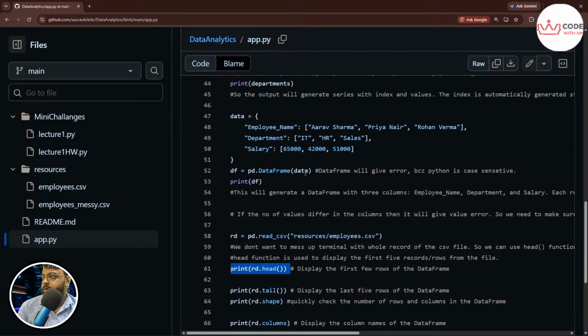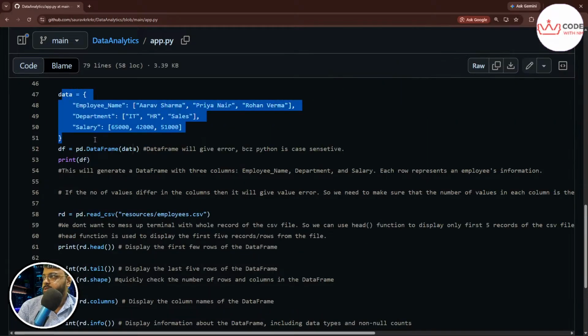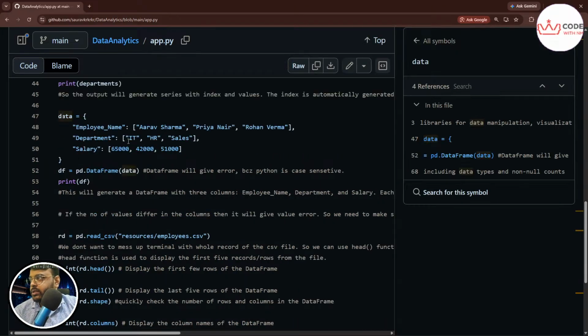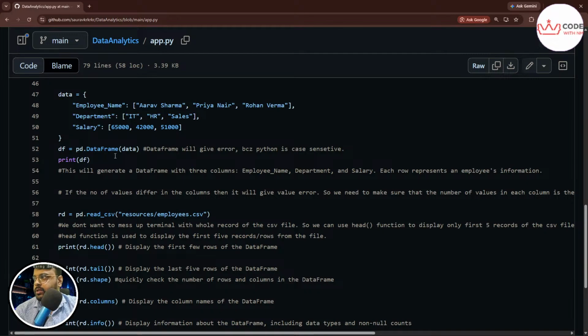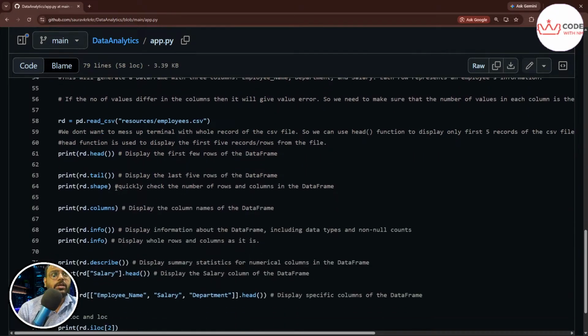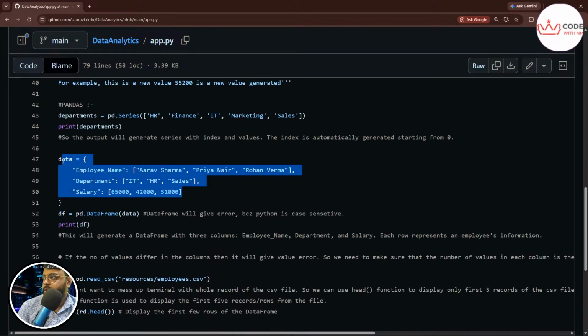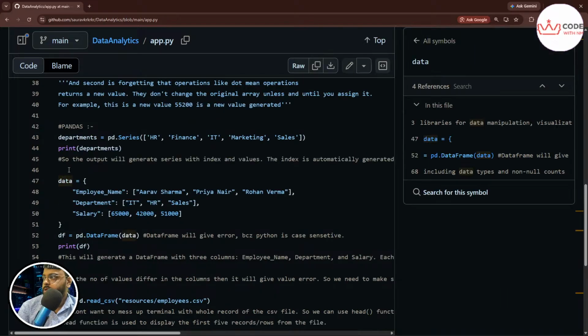And if you are doing this here also, for example, you have created this dictionary as data, then you create the data frame out of it, and then you print it, then use .head and .tail only. Never go with printing the entire df. You will build this type of habit. Maybe you have very few keys and values here and created a dictionary from line number 47 to 51,